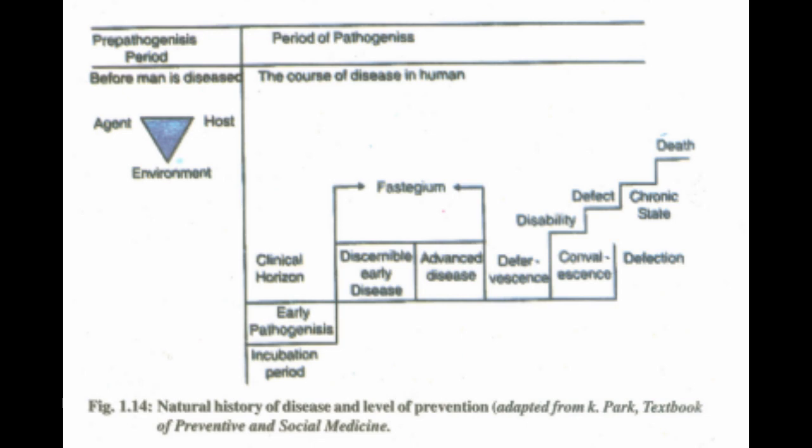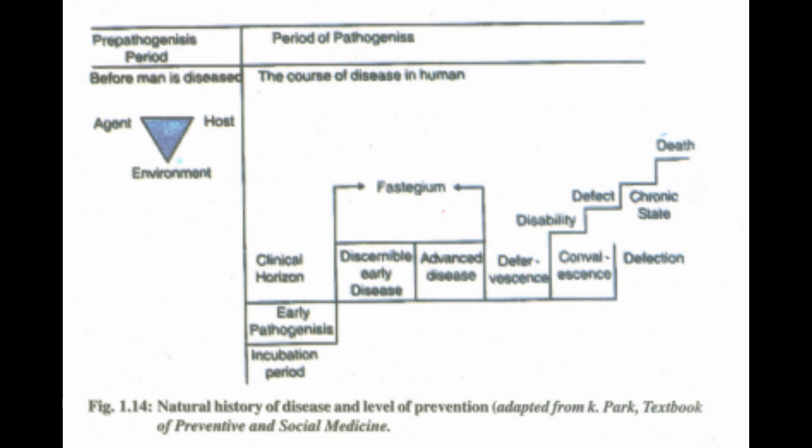In many diseases like in chickenpox, early signs and symptoms may include mild fever, back pain, general malaise, and last for 2 to 3 days before the rash appears. This period is called early pathogenesis phase. But as the disease advances, signs and symptoms become clear, and the disease can be diagnosed. The stage of pathogenesis varies from disease to disease and from individual to individual depending on the strength and number of the causative organism and susceptibility of the human host. The disease process may end in complete recovery, or it may end in some kind of disability, defect, chronic state, or death.